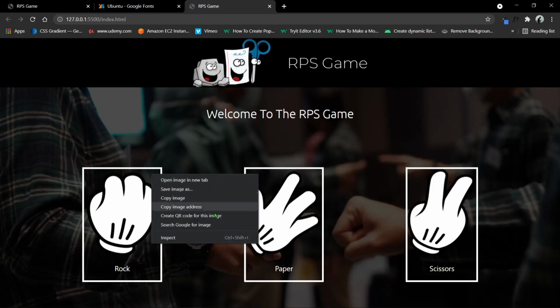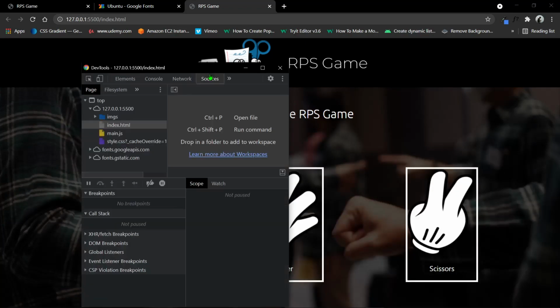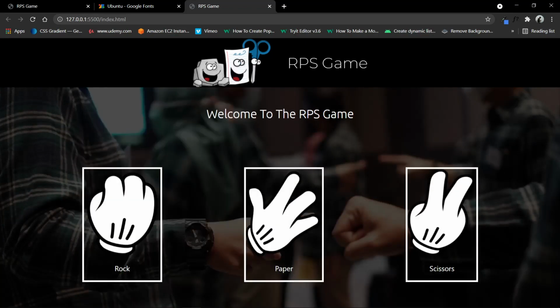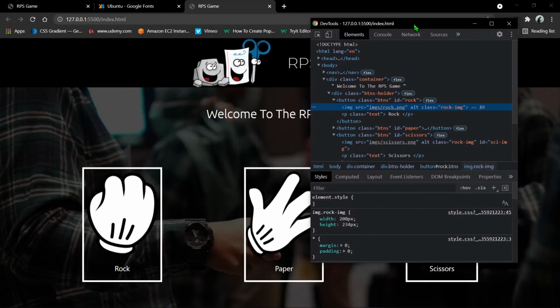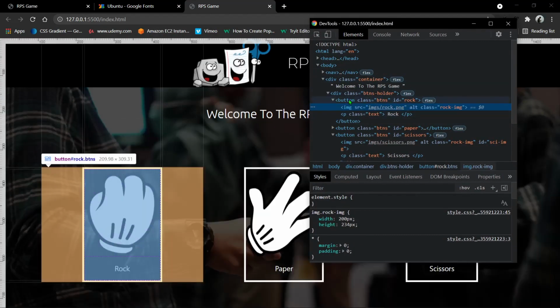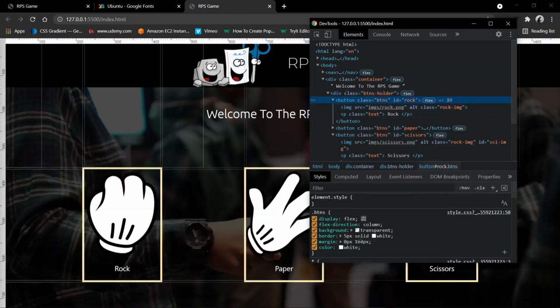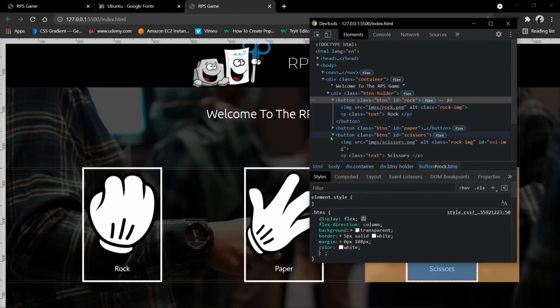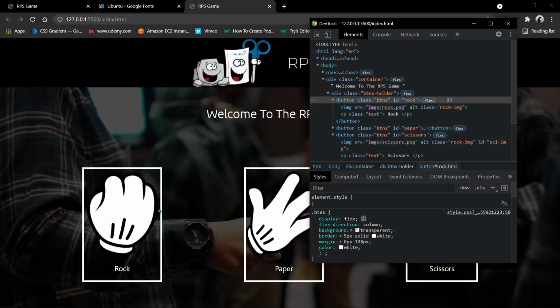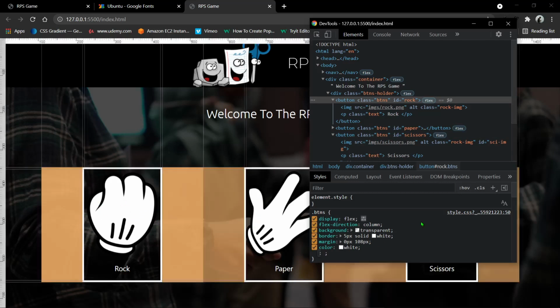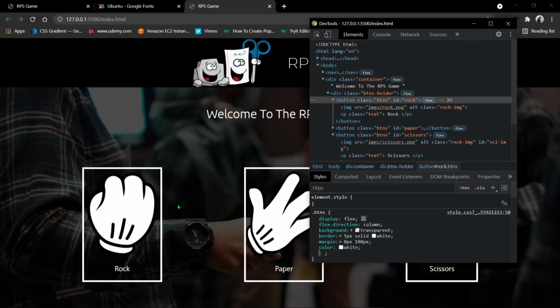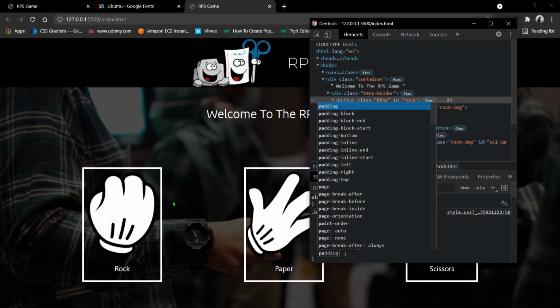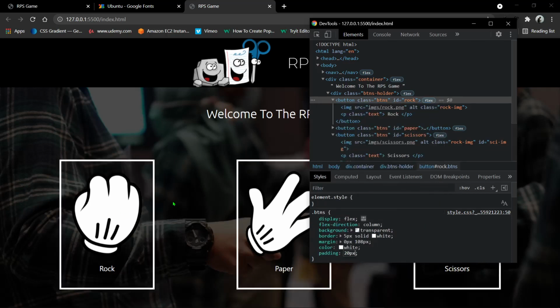But one thing I need to do is set the padding. We need to set the padding from the button class btns. Now what is padding? Padding is space from inside, so that we can get inside space. Look, these imgs are just sticking to the wall. The border is the wall. So now these imgs are sticking to the wall, but we don't want that. So let's give this btns a padding, let's say 20 pixel.